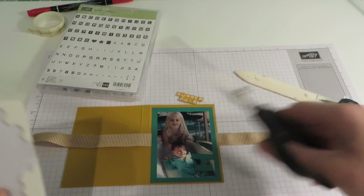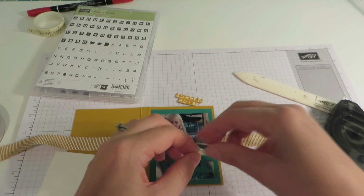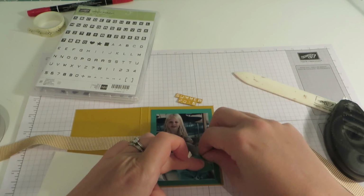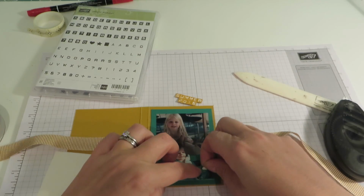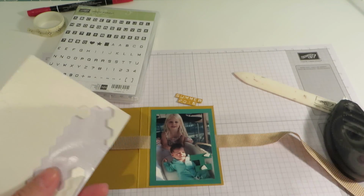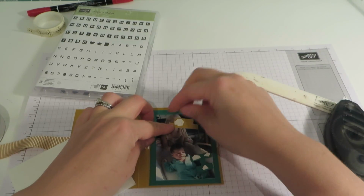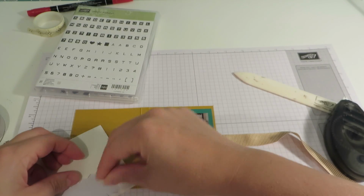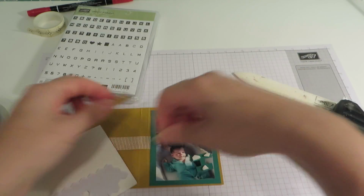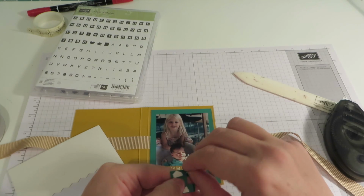So I'm just going to use some dimensionals. I think these edge bits might be a little bit too big. Let's see, yeah. Just going to trim down some of these edge dimensional pieces. Let's use these to stick down these little words, just so we know what it is and when it was. Okay, can probably get away with whole ones on this one. Yep. Okay. Oh, now it's sticking to me. There we go. Okay. So Summer 2016 is going to go down in this bottom corner here,